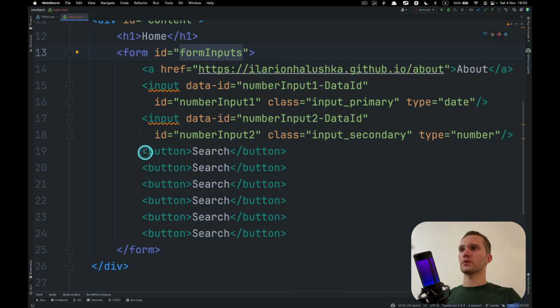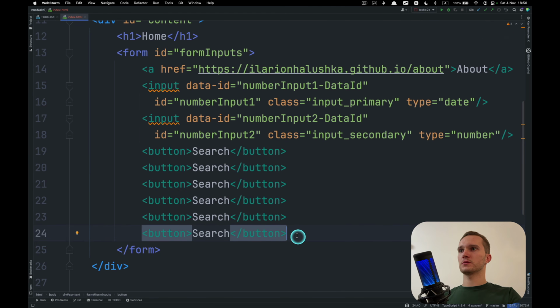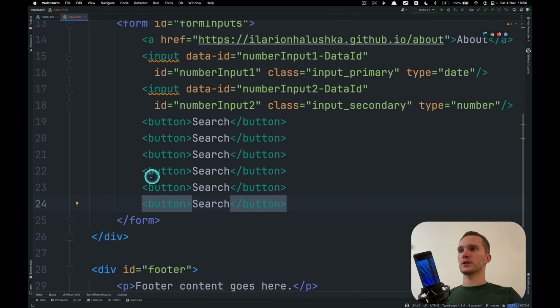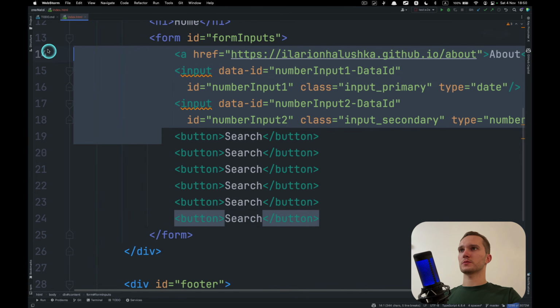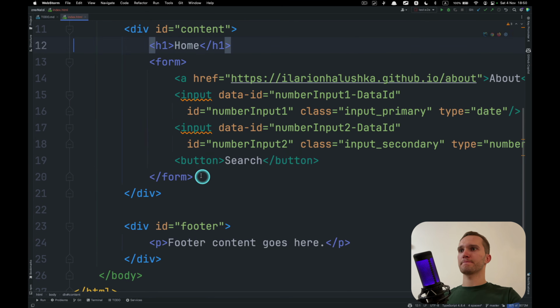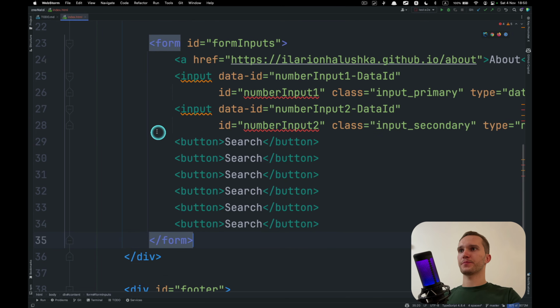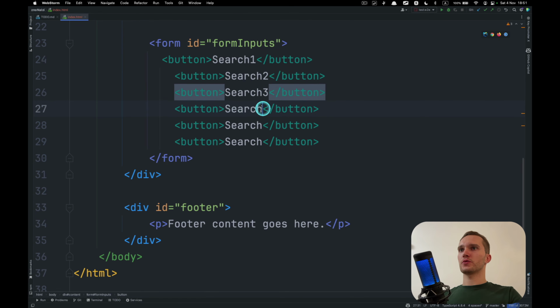We'll locate the form and then go through its children. All right. Or let's create another form. Yeah, it actually doesn't matter, but okay, I will create another one down here that will have a lot of search buttons. Search 1, search 2, 3, 4, 5, 6.